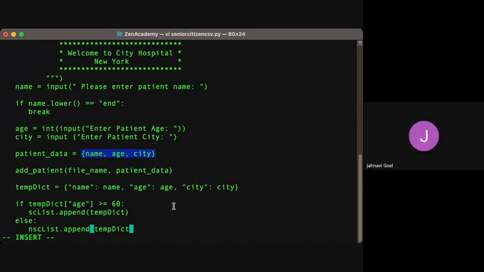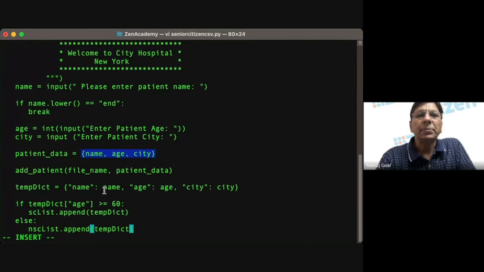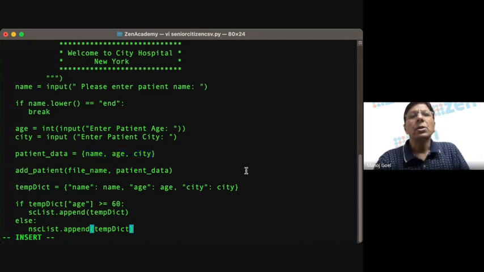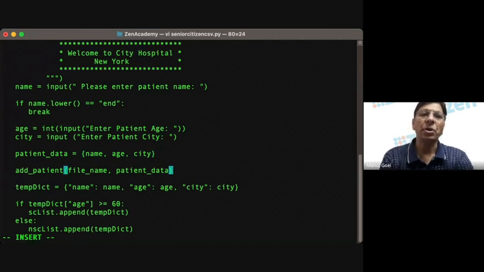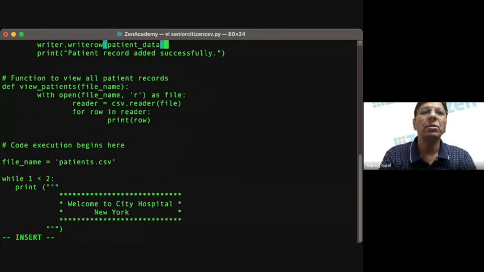Set. Yes, it is set. All right, good. So I'm creating the patient data and I'm calling the add patient function over here. Now, in the add patient function,